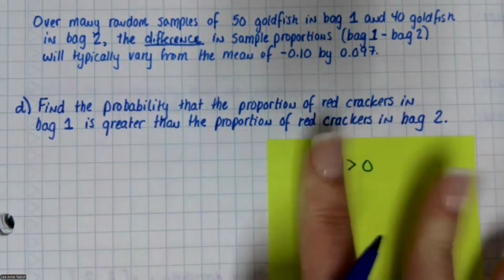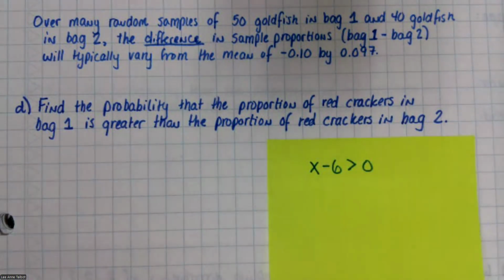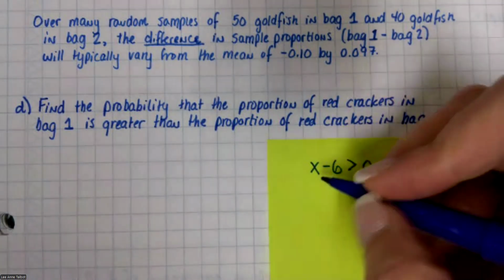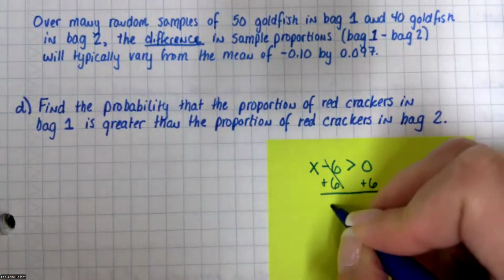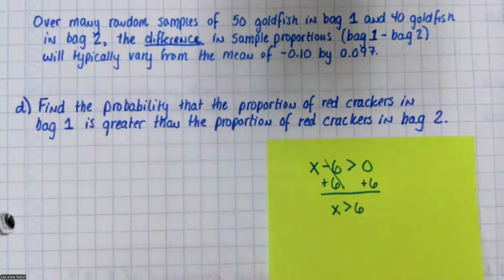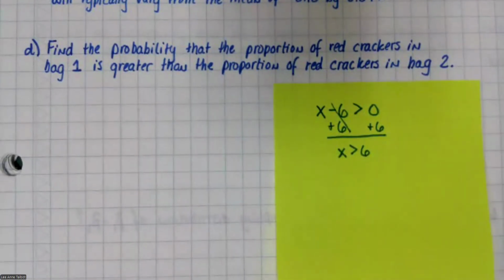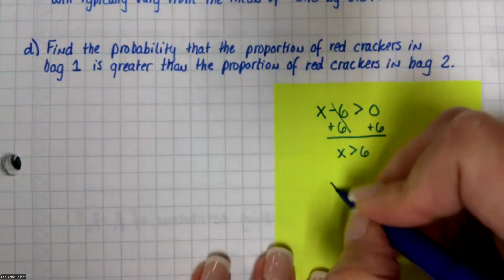Okay, so don't write this. This is just me trying to activate your prior knowledge of algebra. Okay, so if I have x minus 6 is greater than 0, and you're in math 1 class, what would you do to get x by itself? Okay, so would it make sense to you? Is it fair then